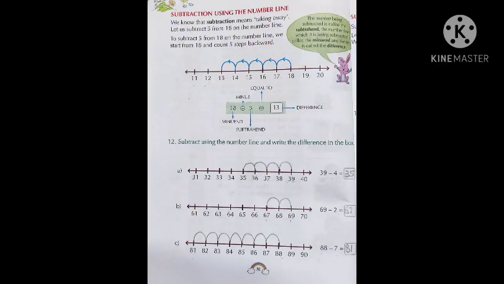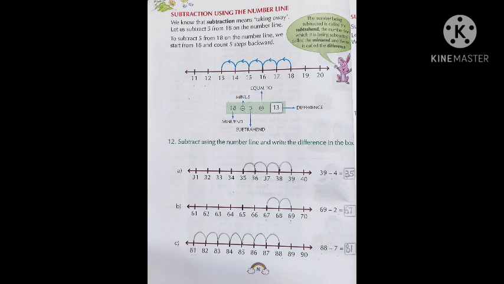Now coming to subtraction using the number line. What is subtraction? Subtraction means going backwards, that is minus. Number line means a line on which numbers are written. As you can see here, the question is 18 minus 5. From 18 we have to deduct 5, so we go back 5 numbers. If we jump backwards 5 times, we land on 13. So 18 minus 5, the answer will be 13.